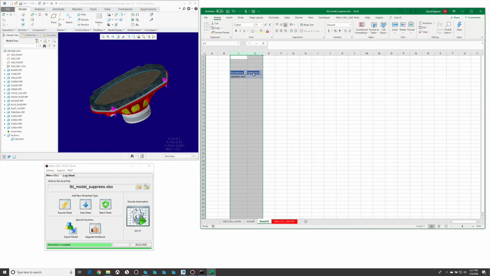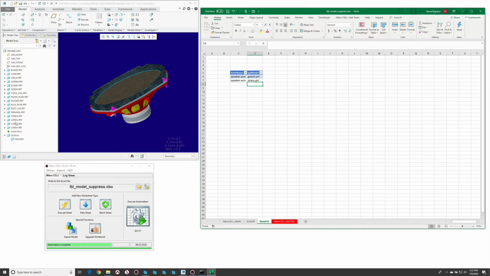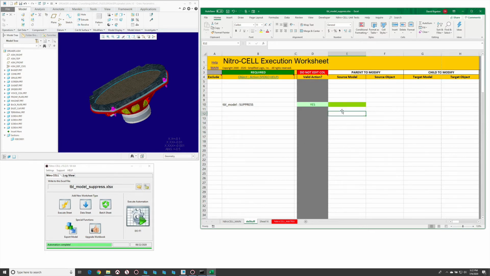So we have that, and then let's say the target model on this is going to be this part right here. So we'll say gasket.prt, and we'll do the same thing. We'll add another record, and let's get rid of the screw.prt. So this is a generic thing. It's going to look for the name of that match within the assembly that's here, and it's going to delete it or suppress it in this case. So for screw, we have more than one instance of that occurring, so it's going to hit every instance that's out there. So to reference that, we're going to put in a TBL colon my table,